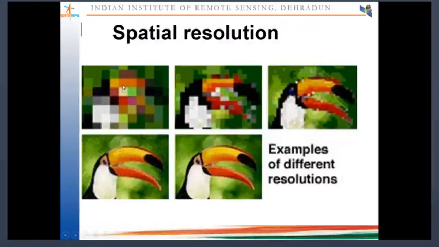Let me show you some examples from satellite data. This is taken from the Indian satellite data AWiFS, which has a spatial resolution of 56 meters. That means the x and y dimensions of one pixel seen on the ground are 56 meters. Whatever differences in features are there within this 56 by 56 will be recorded as a single entity only. You won't be able to distinguish between different features within the same pixel of 56 by 56 meter size. However, if you go to higher spatial resolutions, let's say 30 meters, the same image now appears with a higher amount of spatial information. Then 23.5 meters, then 15 meters,